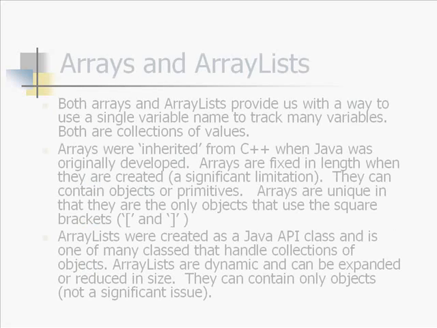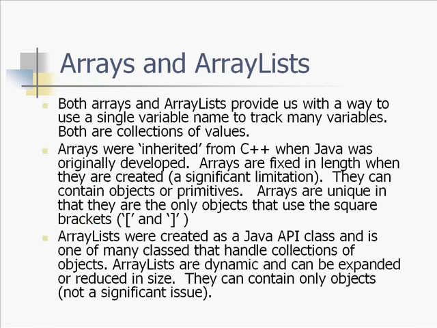Both arrays and array lists are ways to keep track of a collection of things, a collection of values. When Java was created, it took the basis of Java from C++, and so it included arrays. Arrays are fixed in length. When you create an array object, it has a specific size. It can hold 10 or 20 or however many items in the list. Turns out this is a pretty significant limitation for arrays,